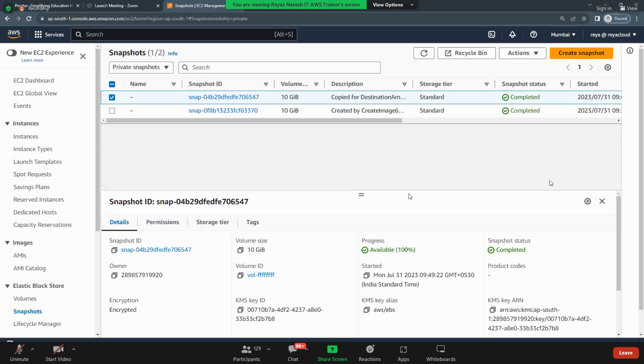And do you see this here? What is this? Did we learn about recycle bin? What is recycle bin? If you accidentally delete AMIs or snapshots, all these snapshots or AMIs will go into the recycle bin. So from that recycle bin, can we recover it again? Yes, but all snapshots will go to the recycle bin based on